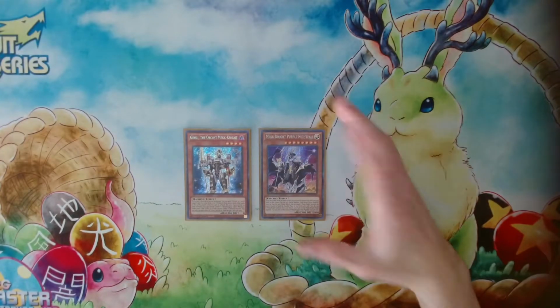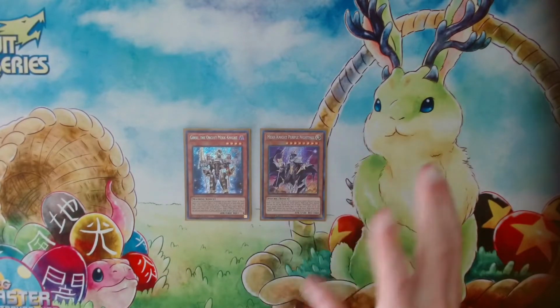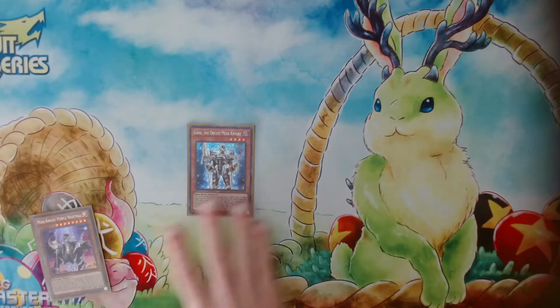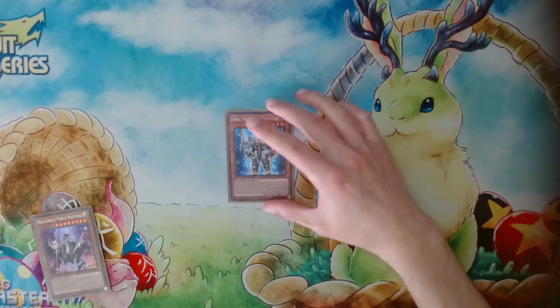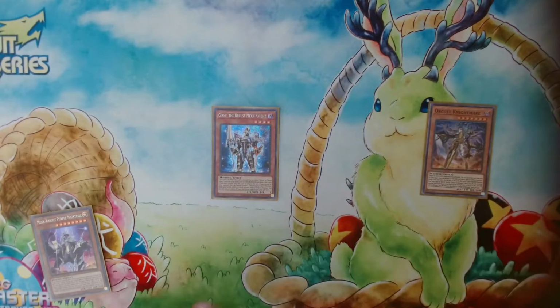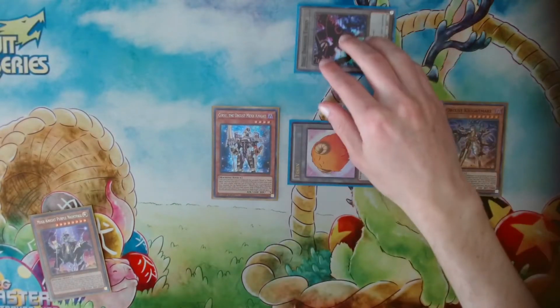But this is an Orcust video, so let's show a combo that leans a little bit more into the Orcust side of things. So we have our starting hand of Girsu purple yet again. We're going to normal the Girsu, but this time we're going to send the Knightmare. And then we're going to use the Girsu, get out our tokens,